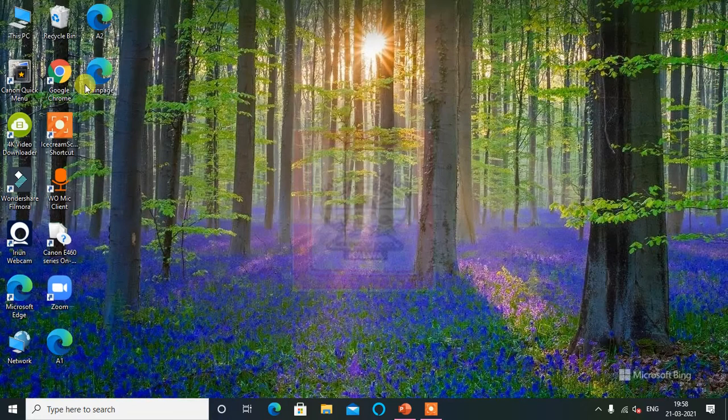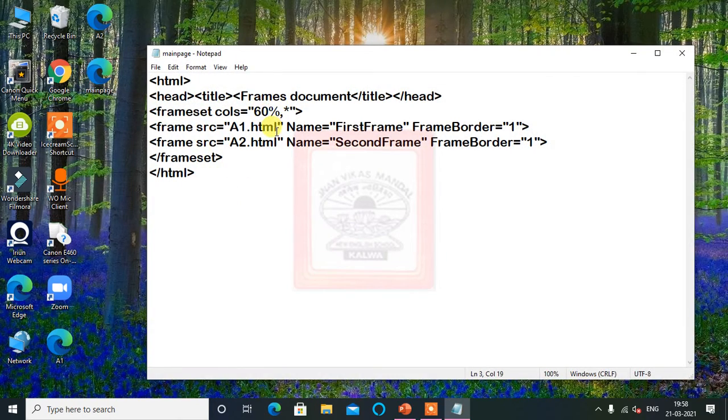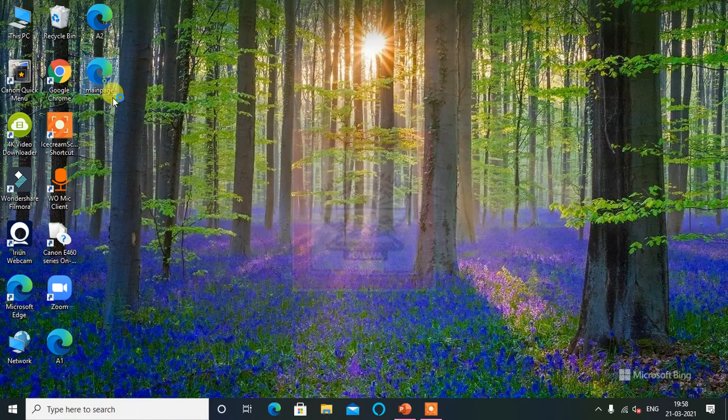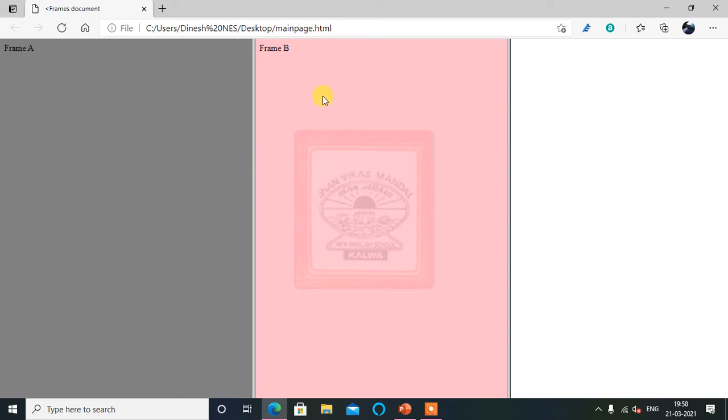Now we can do it in 3 pages also. Let's make it here as 40% and 35%, and this is 35%, and the remaining space is left, but it is not defined. So let's see what will happen. Now just see there, we'll save this. A1, A2, only 2 are defined, the third is not defined. So frame A, frame B, and here blank we are getting.